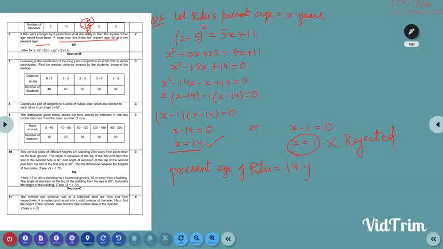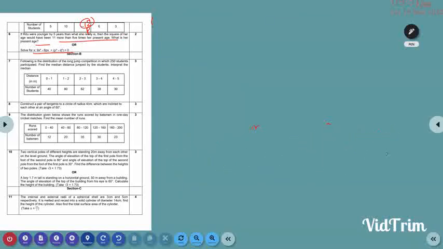After that, we are going to take out the square root of this discriminant, because roots of quadratic equation are minus b plus minus root D by 2a. So we need to find the value of root D also. So root D will be equal to root 36q square, which will be equal to 6q. So root D is 6q. Now roots of the quadratic equation can be written as minus b plus minus root D by 2a. That means one root will be minus b plus root D by 2a and another will be minus b minus